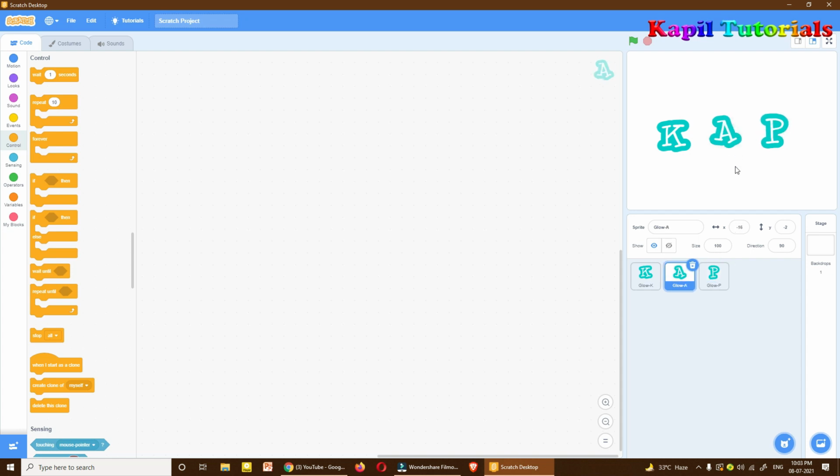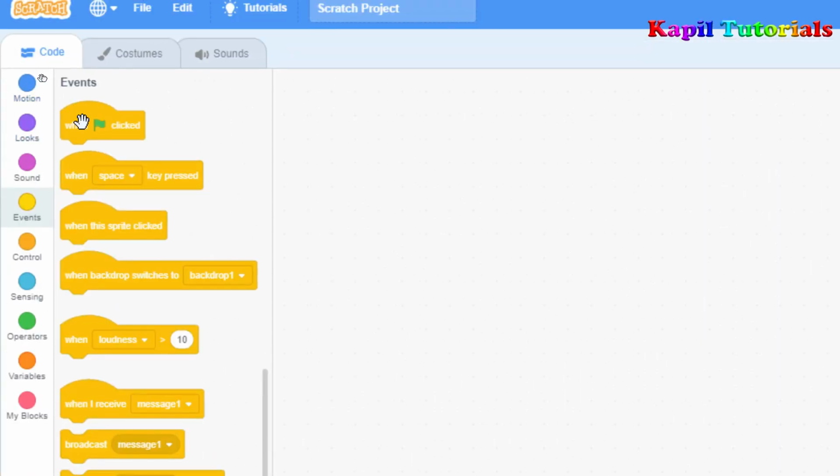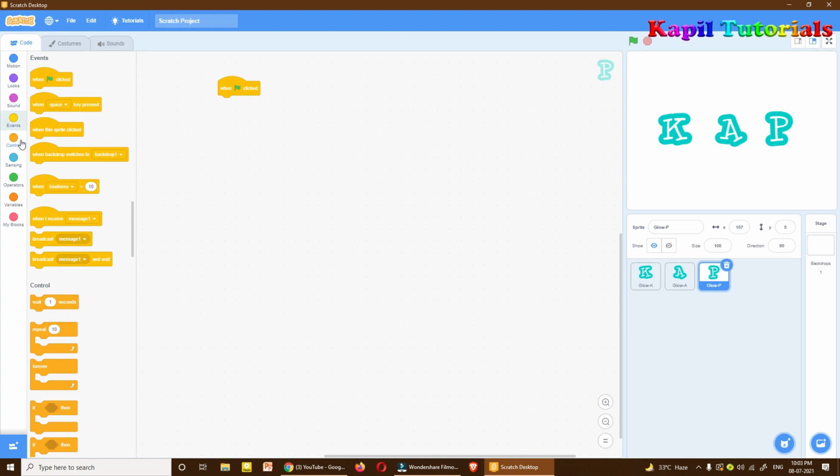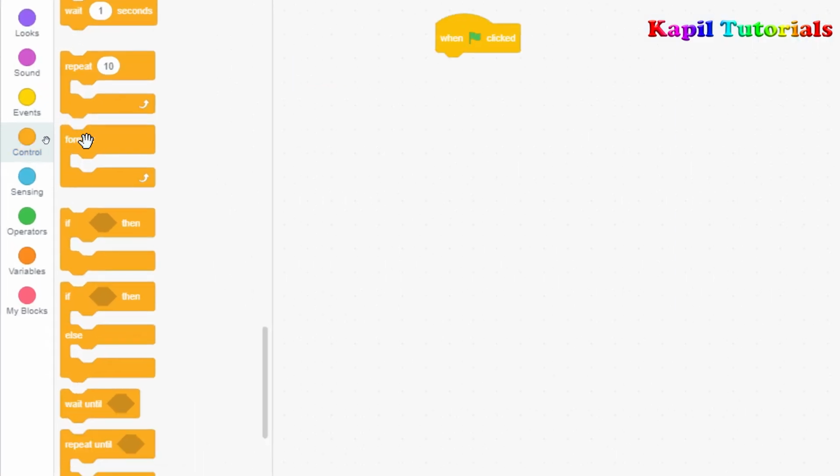Now I have to do coding. So what I have to do now? Firstly I have to go to my events, and then from here the when flag clicked block, you know very well. Then I want to loop some commands, and for that I need to go to the control block, and from the control block I need the forever command.